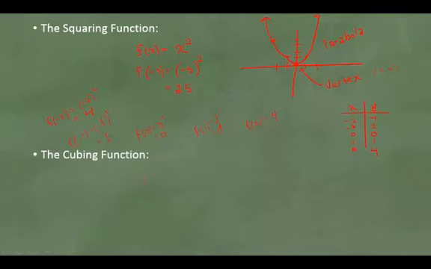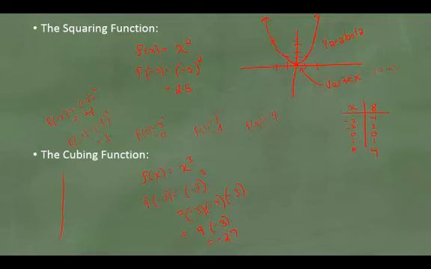The cubing function, this is the function f of x is equal to x cubed. Likewise, you're taking values, -3, notice I'm putting the parentheses there, and cubing it. -3 times -3 times -3: negative 3 times negative 3 is positive 9, times another negative 3 is equal to negative 27,